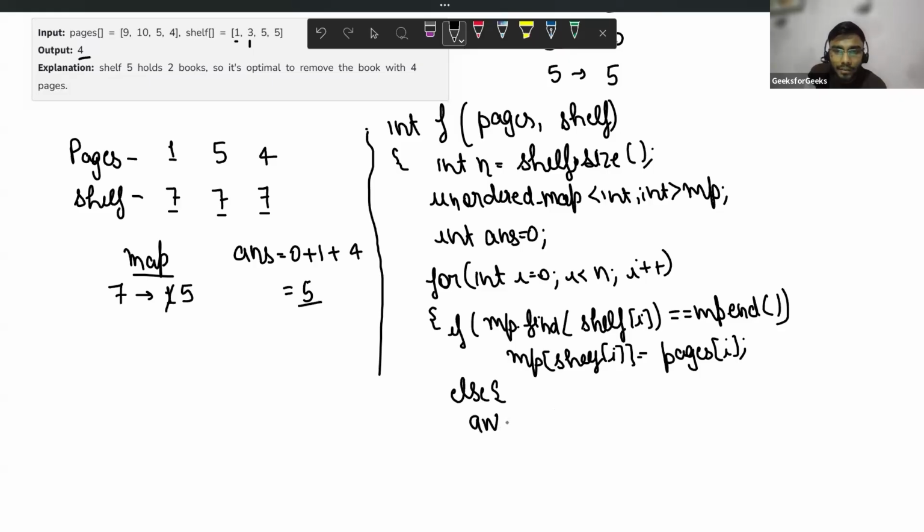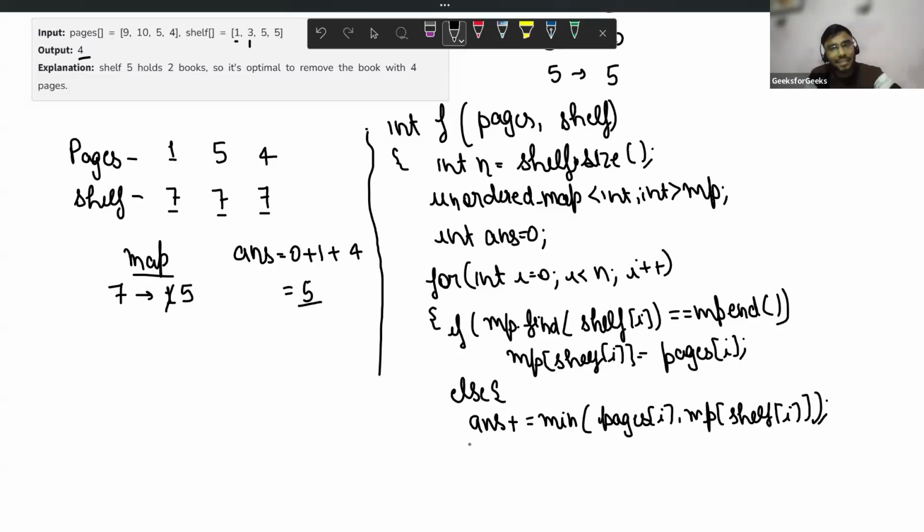So answer plus equals the minimum of my current pages, pages of i, and mp of shelf of i. Agree, guys? But what do I need to store in the map? The maximum of both, because I have removed the minimum.